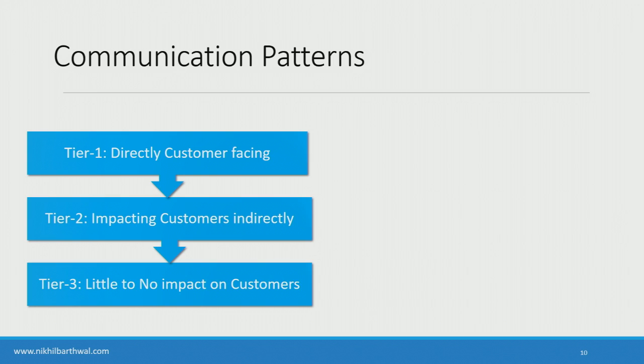Then you have a tier 2 system, for example, order processing. If that system is down, your order gets delayed. They get delayed, but it's not like they get canceled. So it does impact you in the sense that if you have a 2-day delivery, you might get that order, I don't know, in 3 days or something like that. So there's an impact, but it's not terrible. And then you have tier 3 systems, for example, logging, monitoring, and all those that give you visibility to your system. If the logging service for Amazon is down, I as a customer, I don't care. It doesn't impact me at all.